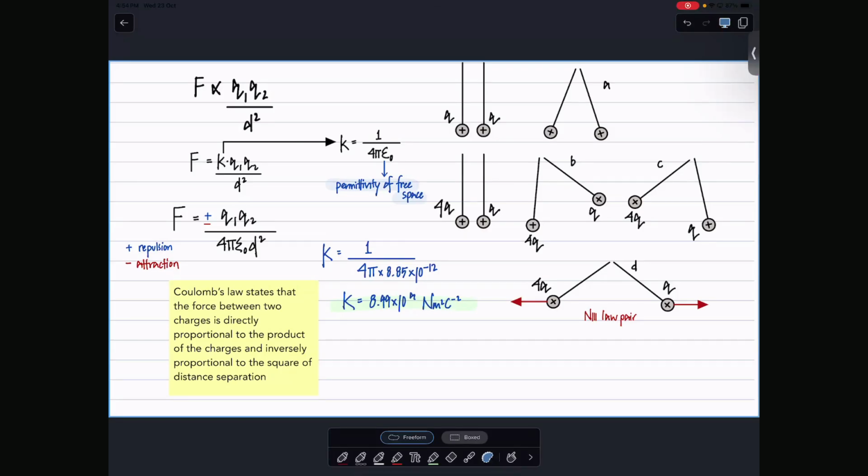If they had different masses with the same charge, what would happen? They'll move differently, because the smaller mass will move easily compared to the bigger mass. We take the distance of separation between the center of the charges because we have point charges. It means you take it from the point to the point.